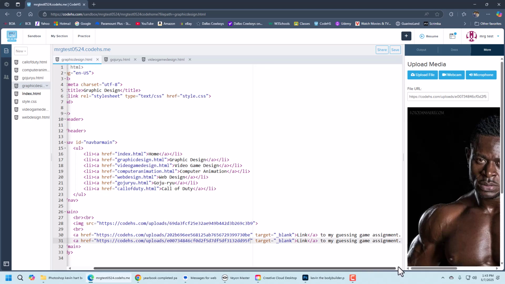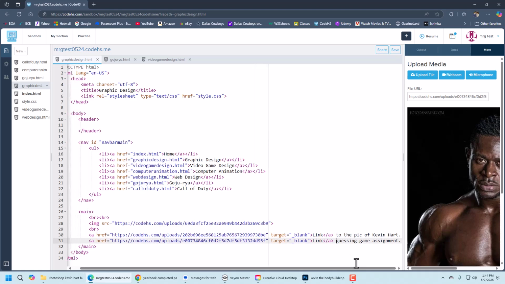Obviously don't want that, right? So link to the pic of Kevin Hart. And this one's going to be, I could have just put the pictures on there,